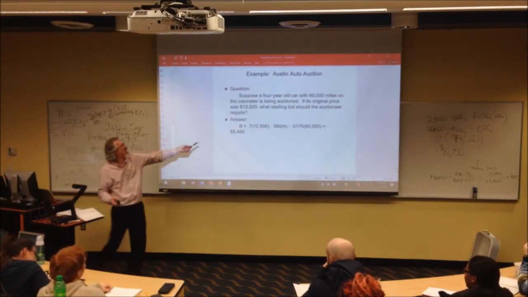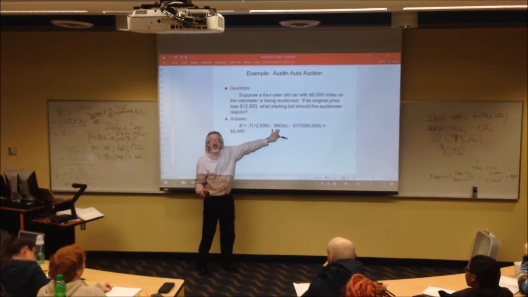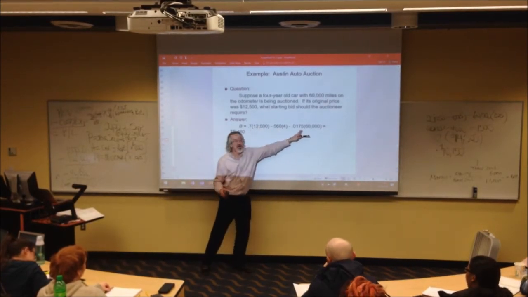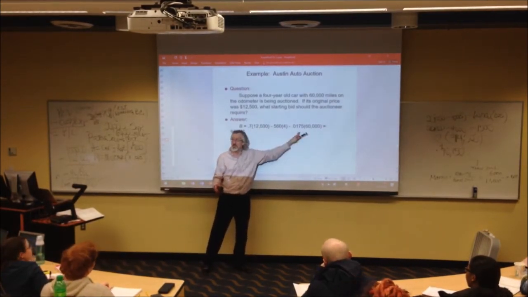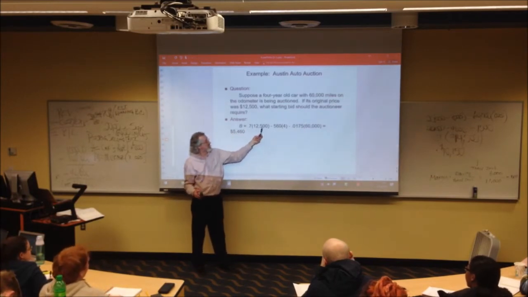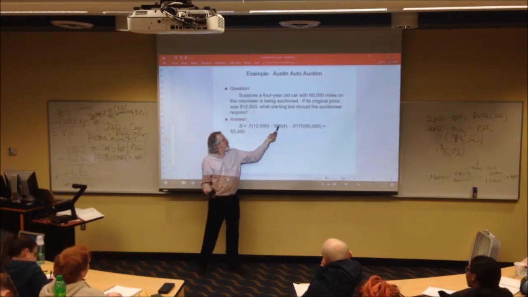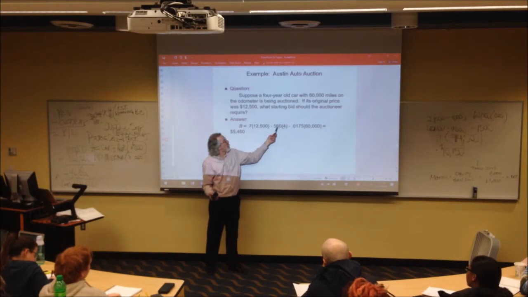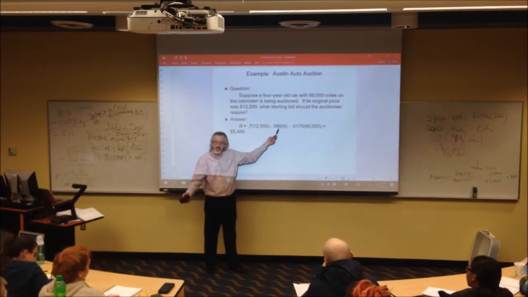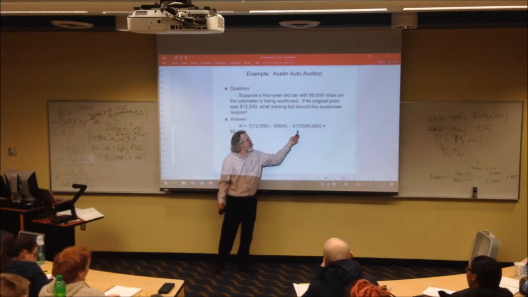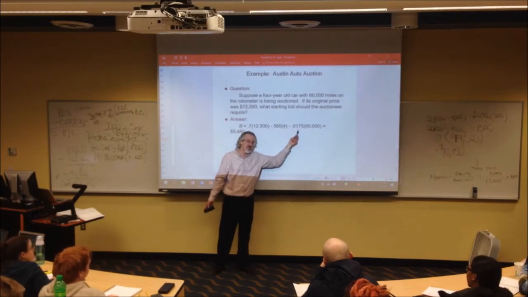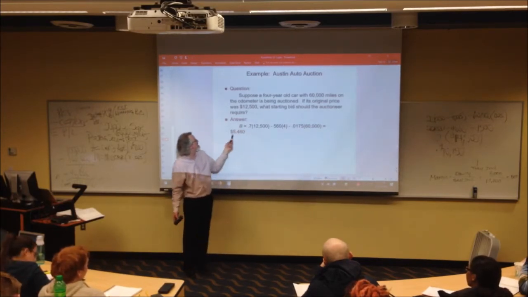4 years old, 4 times. Now, in this case, everything was already multiplied by 70%. So that's why these numbers look different here. 12,500 original price. 4 years old. This is not 800 because it's times 70% already. 60,000 miles. This isn't 2.5 cents because it's times 70% already. Do all this. That's